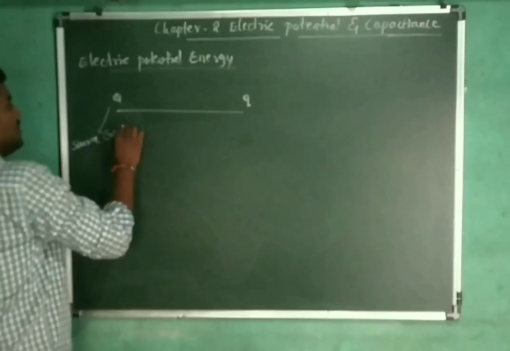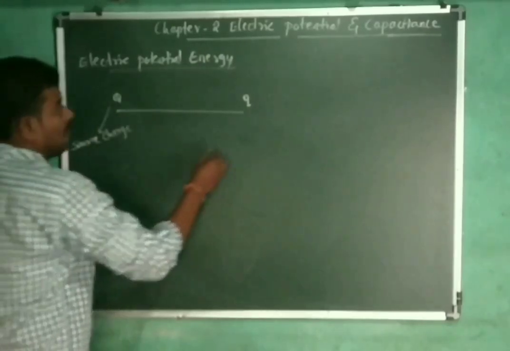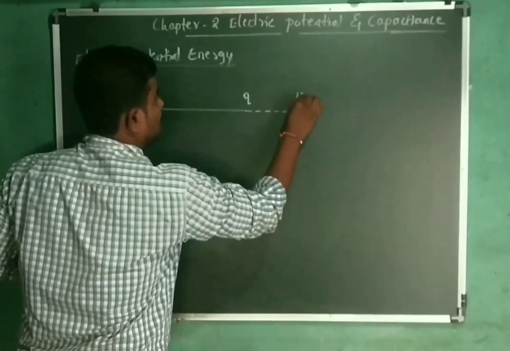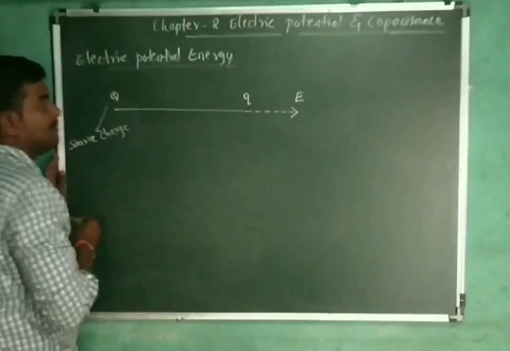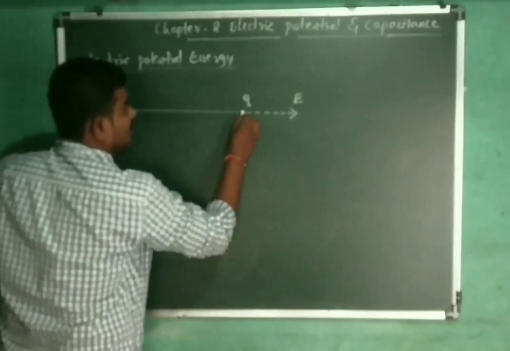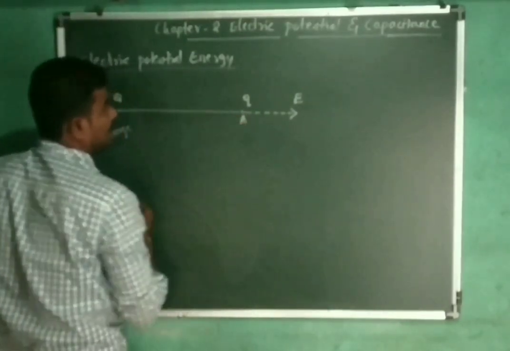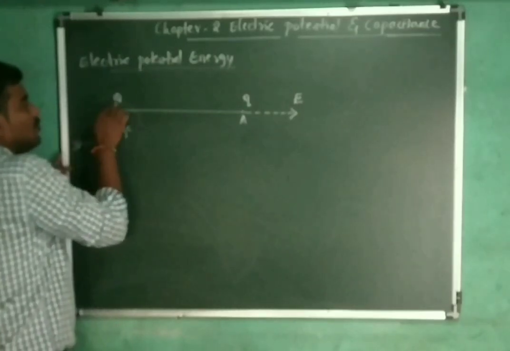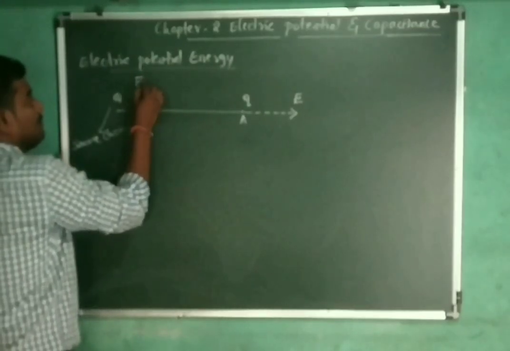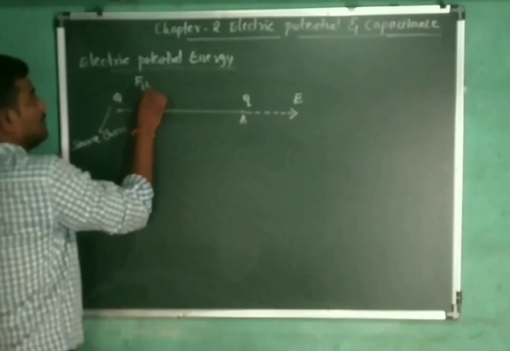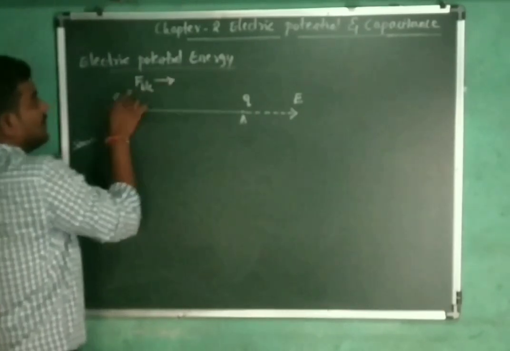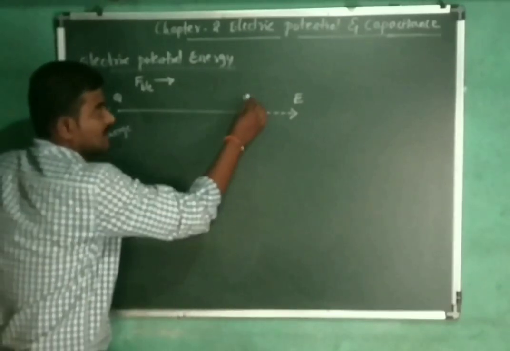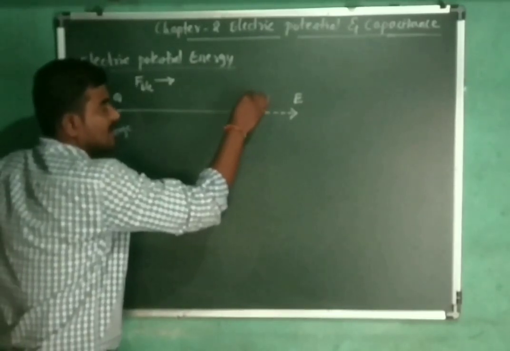This source charge has a direction of electric field in this direction. This is the direction of electric field, radially outward. Let us say this location is A. And the force due to this source charge is F electric. This is the force due to the electric field, and what I am supposed to do is I have to apply an external